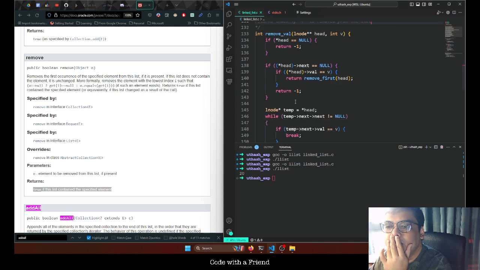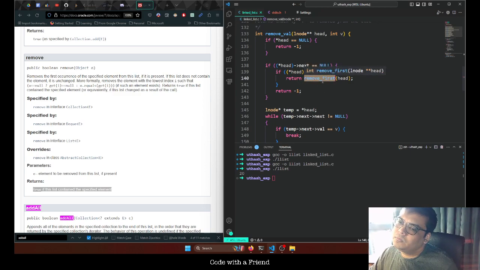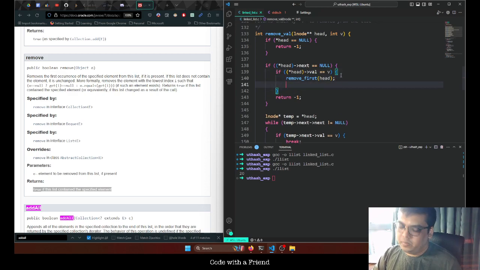So -1 is an invalid case. What does remove first do? Remove first. Yeah, remove first actually won't do that, right? Because we can call remove first here, but we can actually test this